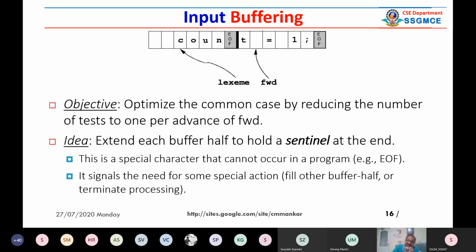Please note here, COUN, these four characters are in the first buffer, and T is at the beginning of the second buffer. So the begin pointer is in the first buffer, and the forward pointer is at the second position of the second buffer. This is how sentinels are used. A sentinel is used to indicate the end of the buffer as well as the end of the lexeme.